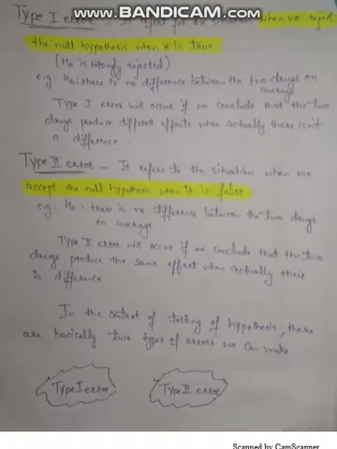Now we will start with the topic, that is type 1 and type 2 error. So basically, type 1 error refers to the situation when we reject the null hypothesis when it is true, as we already discussed. For example, there is no difference between the two groups on average. Type 1 error will occur if we conclude that two drugs produce different effects when actually there is not a difference, meaning A is equal to B, but we are assuming that A is not equal to B. So it is following which type of hypothesis? Null hypothesis.